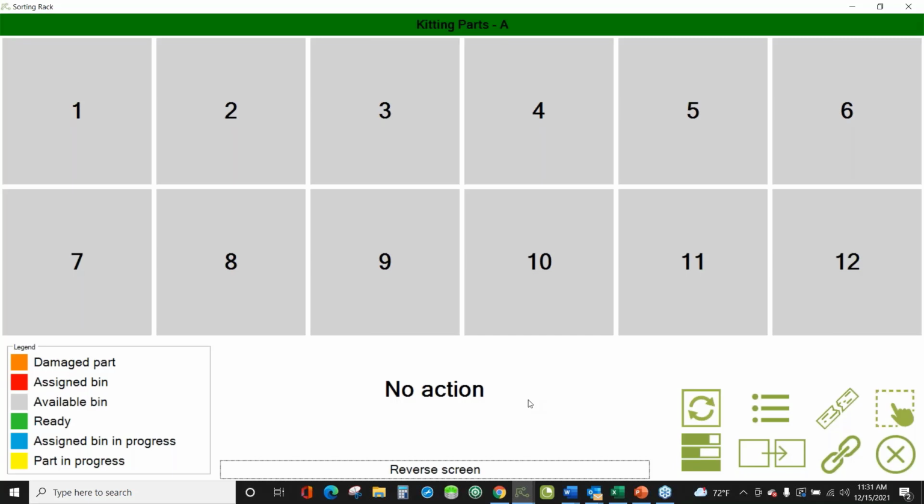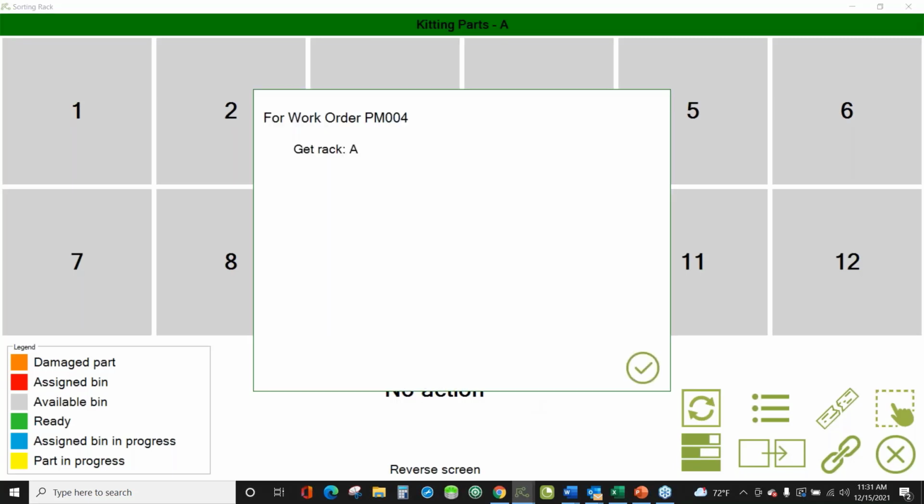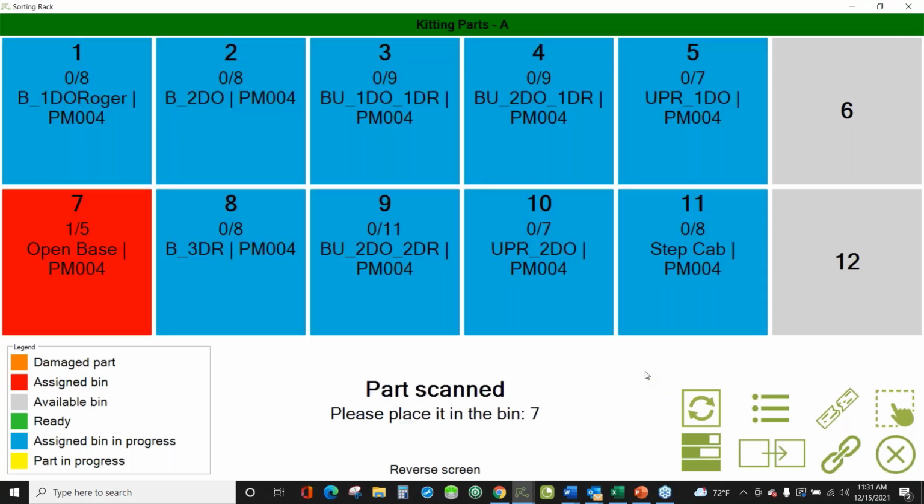So how does it work? Easy enough. I'm going to scan a part barcode. When I do this, it's now telling me which racks that I need. In this case, the job was smaller, so it's all going to fit on this. And now it's telling me to place that part in bin number 7, and it's calculated already where all of the products are going to be organized. I'm going to scan another into bin 5, into bin 10,